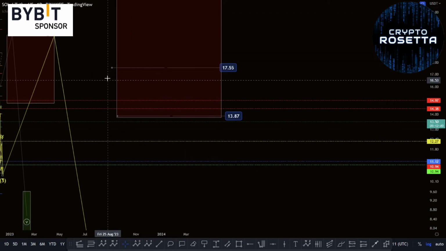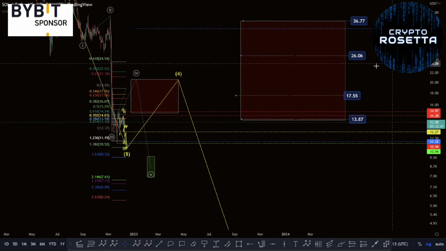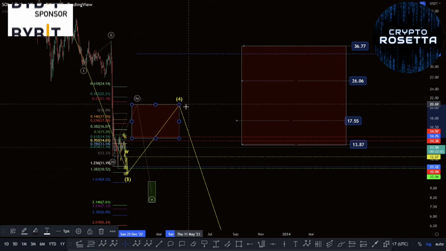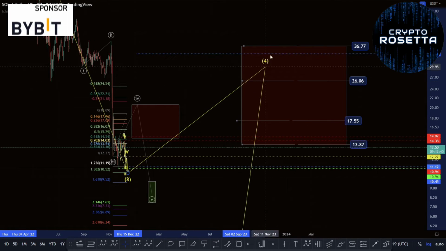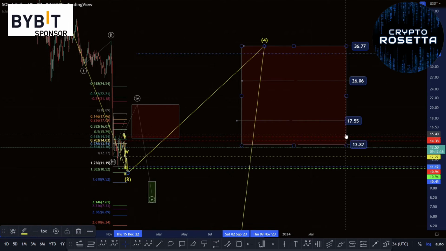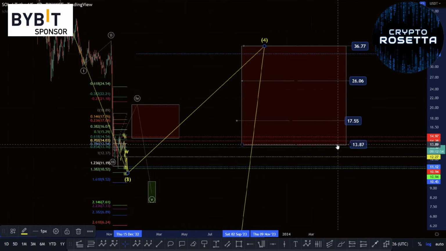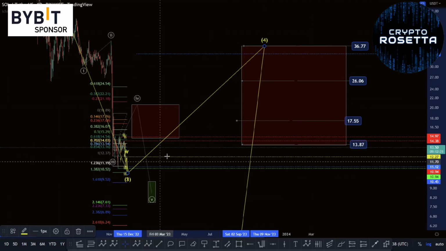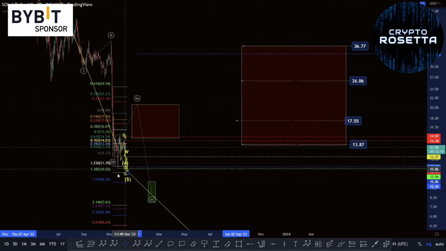If I go into the daily, sorry, this is actually this fourth wave's area. So disregard what I said. The fourth wave could travel as high as this 36.77, and anywhere between this $13 to $36 range. But this would be the top end of a fourth wave typical correction. So it is possible we could see that downside come in, and then, but I don't think that